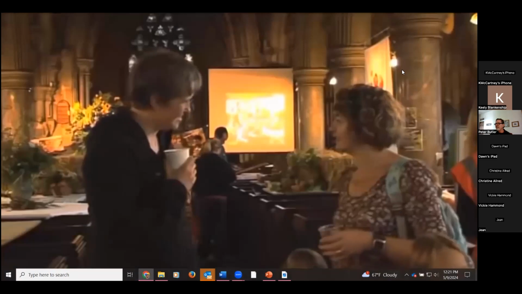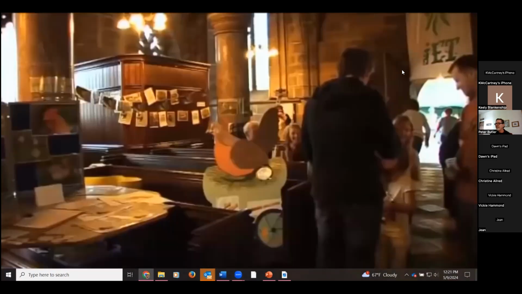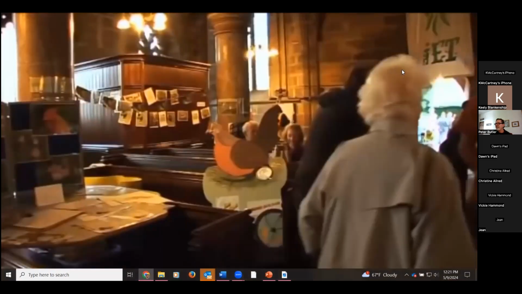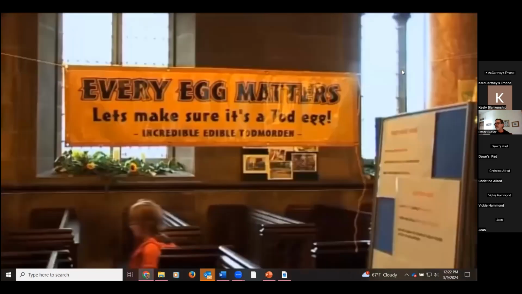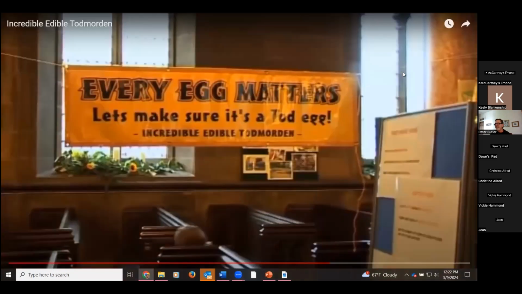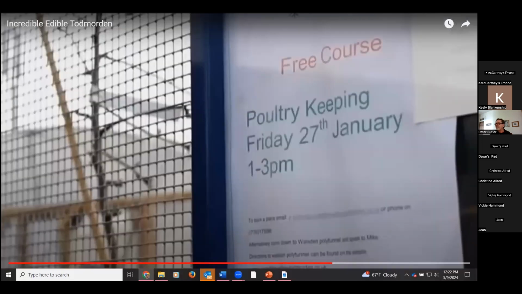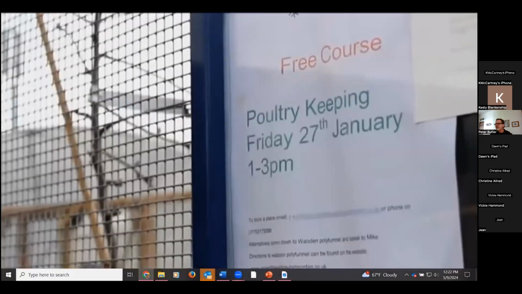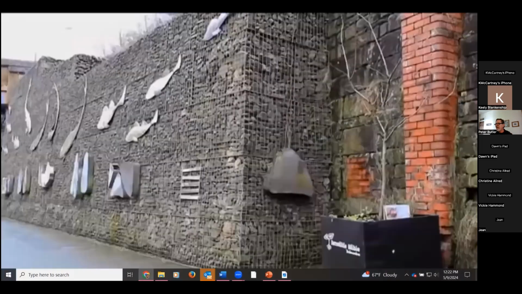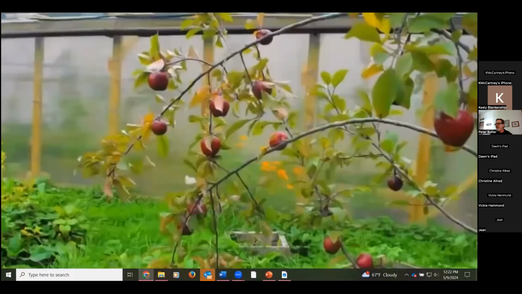But it's not just apple trees where incredible Edible Todmorden is continuing to blossom. There's a community campaign called Every Egg Matters, training and encouraging people to keep hens and sell their eggs locally. In any unused space around Todmorden, planting beds have been created where fruit and vegetables now grow.